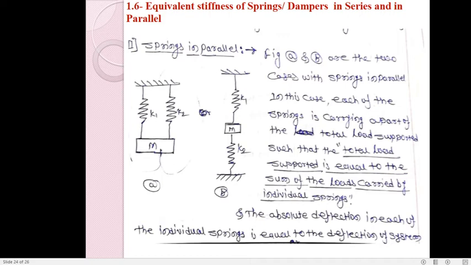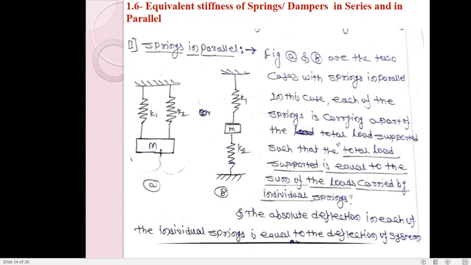Previously, when the springs are connected in series, they have the same force acting on them. But when the springs are connected in parallel, we can easily understand that they suffer different forces, even though we have applied the same force on M, so that it may twist or it may perform transverse or longitudinal vibrations.